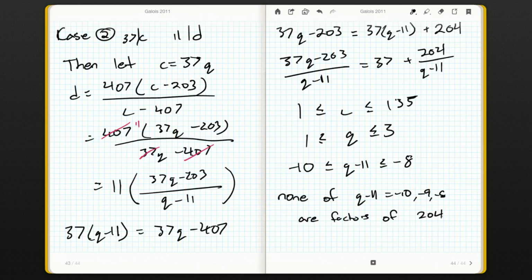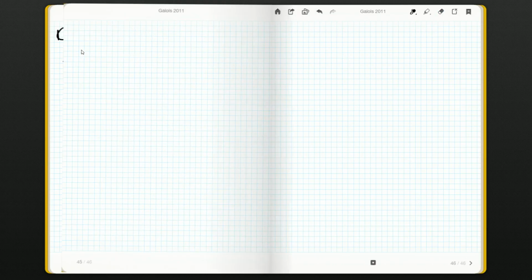So none of them are factors of 204. That's okay. That means no C values. I mean, there's certainly potential C values, but none of them give integer values for D. So there are no solutions. So really, the only solution we could have, because we've done both our cases,